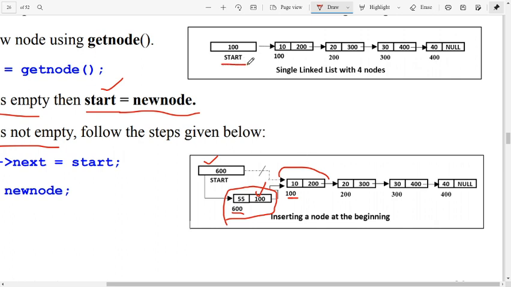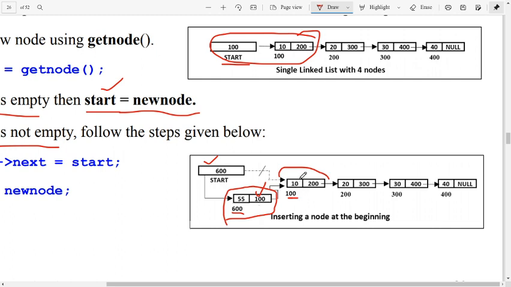Initially start contains 100. According to this image, the start pointer points to the first node, but now I made some changes such that the start pointer points to the new node and the new node points to the earlier first node.